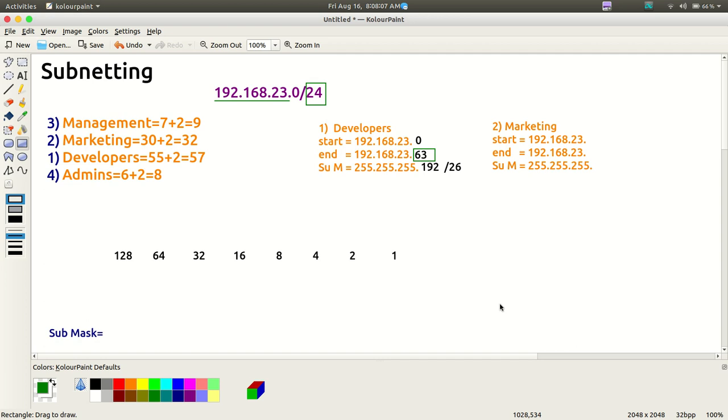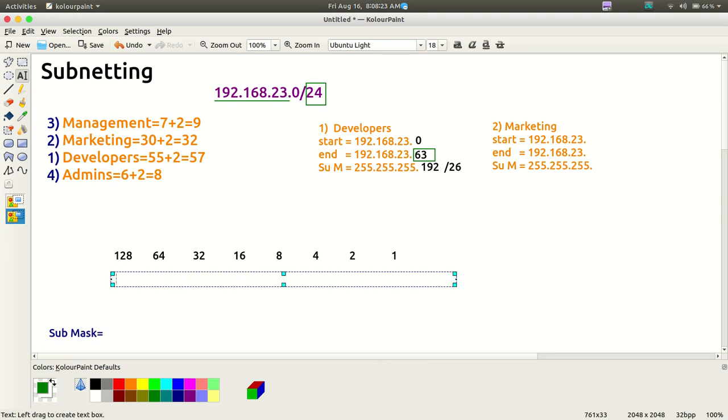So the next department, which is the marketing department, should start with 64. And in binary, if I want to write down 64, it should be something like this: